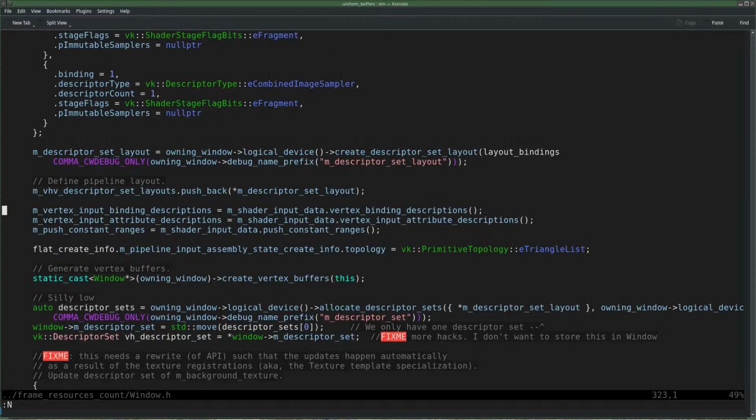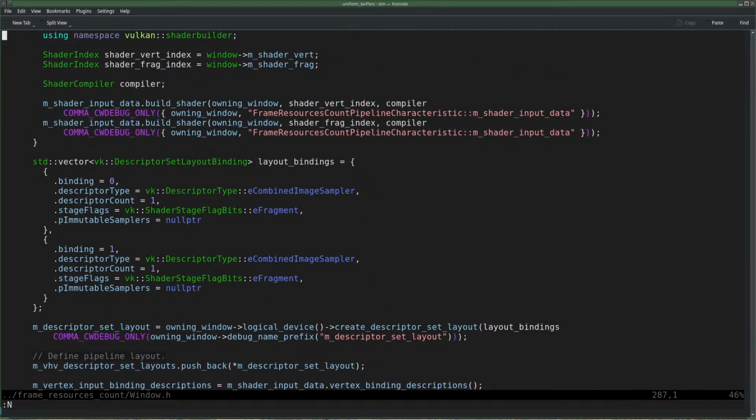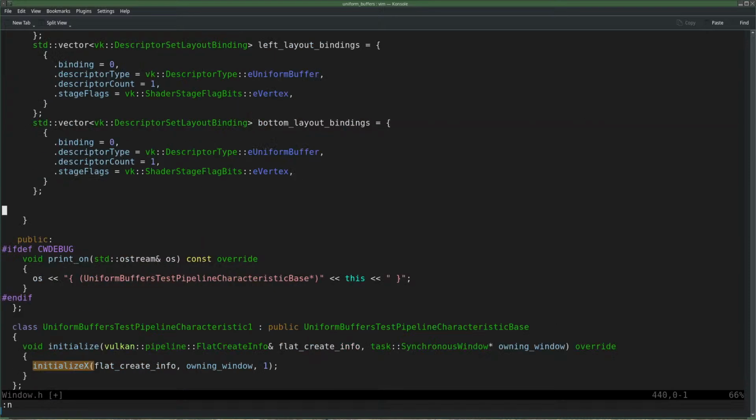And then I look at the previous file again. So that's this data here. And then the data is being used here by calling create descriptor set layout on a logical device, and that is put in the descriptor set layout. So I can do that. Well, let me copy this, 3yy, and then next.